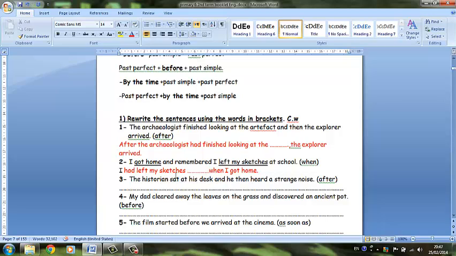So the action of sitting is longer than the action of hearing the strange noise. What are you asked to do here? To put after. Okay, in the first example I put after at the beginning. Now I'm going to put it in the middle, and both are correct. So we said that after, all the time I put the past perfect, and before it I put the past simple. So what is the first action? Sitting at the desk, and the second action is hearing the strange noise. Okay, so we are going to write